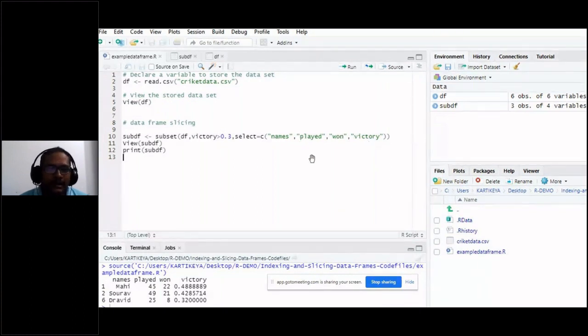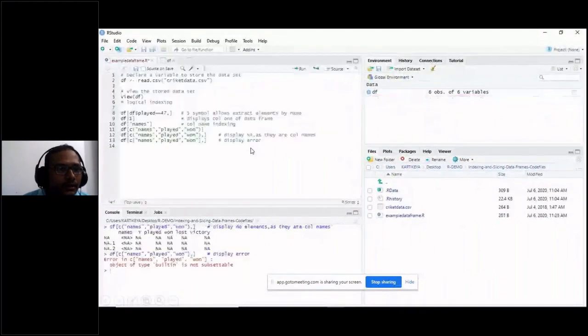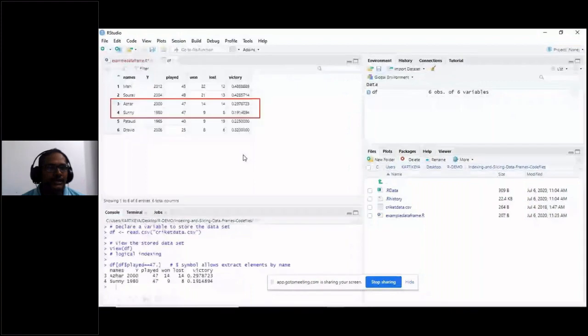So let's go back to the data frame itself, so that once again we will verify that. See, this is your data frame. In our data frame, the total columns are 6 columns, right? In these 6 columns, we don't want to display this last column.